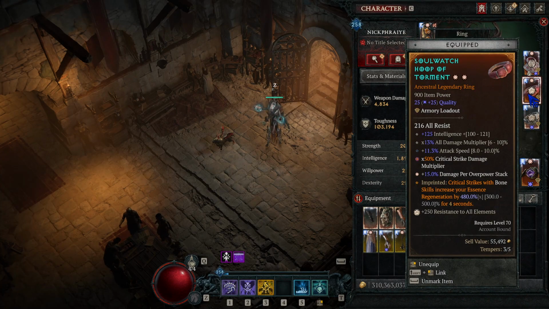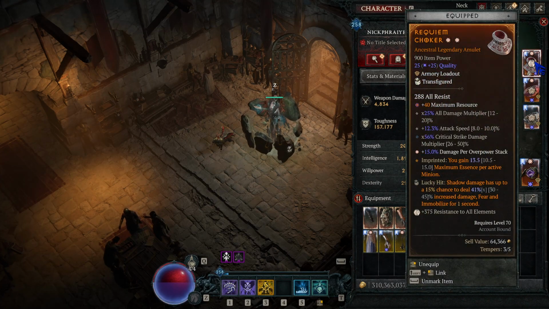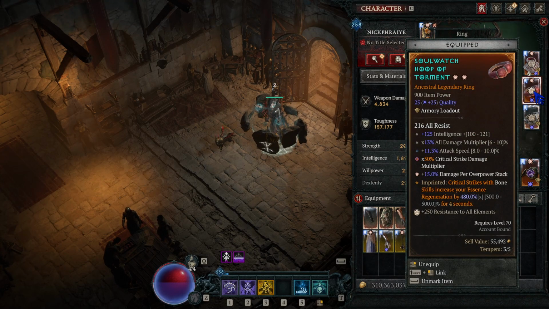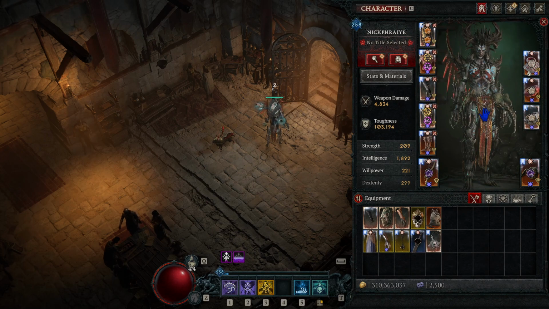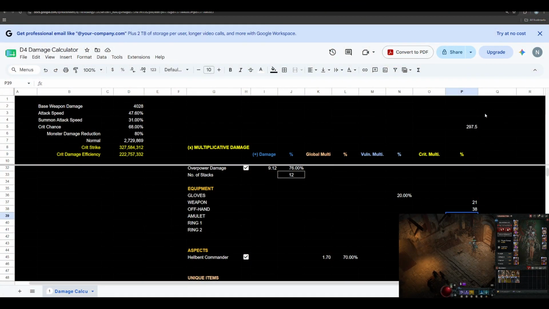So okay, I will start with the amulet. So 56, 56, 50, 56 and 50, 56 and 50. So how much is this one in total? 165. Am I still missing something? So if I'm not mistaken,